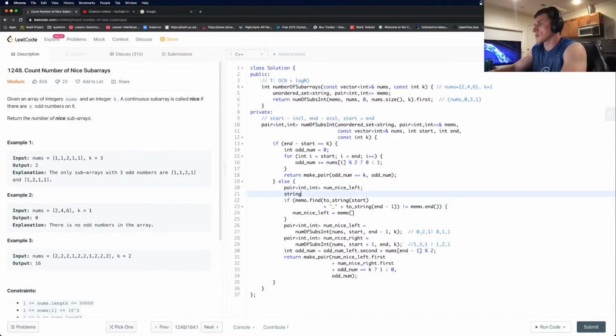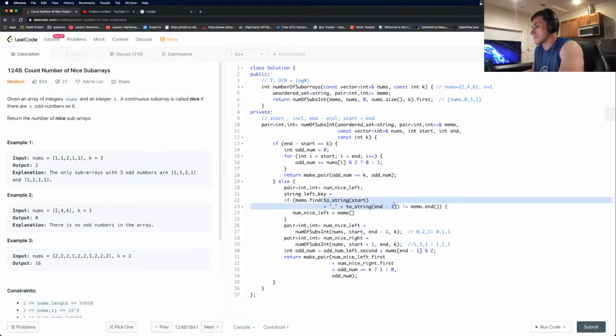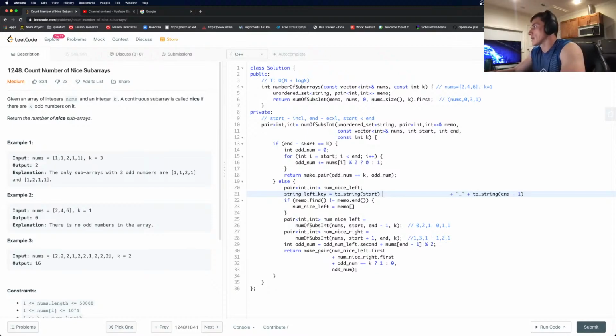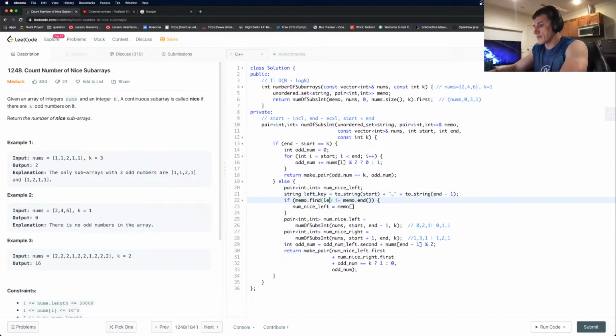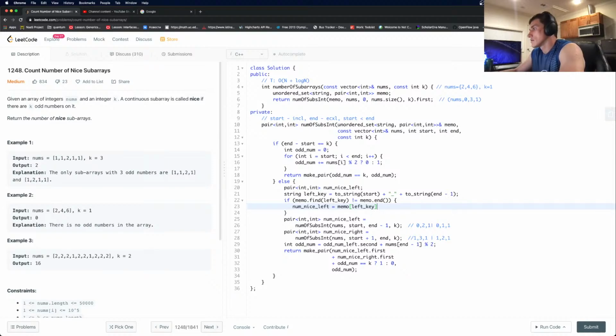Let's say string left key. Do this, right? So we specify if left key, then memo and, then we say memo left key